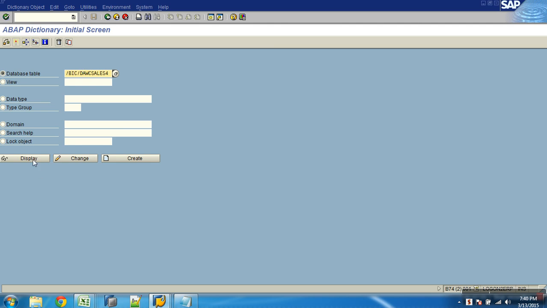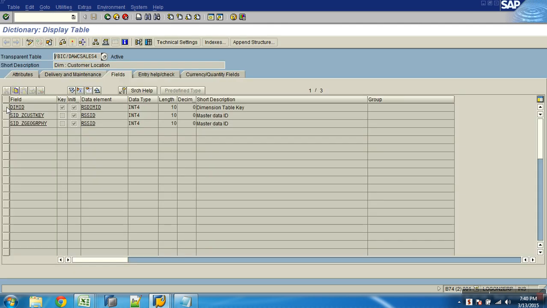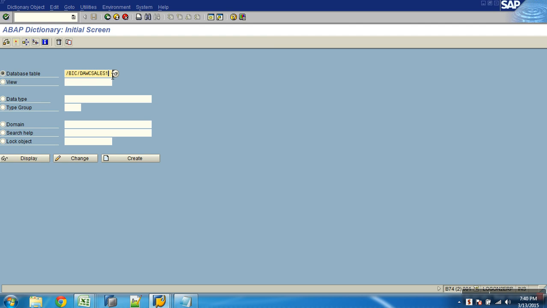Put D here and then three dimension IDs: customer key and geography. I want to open dimension 1. You remember, dimension 1 was what? Was it a line item dimension? I said if it is a line item dimension,